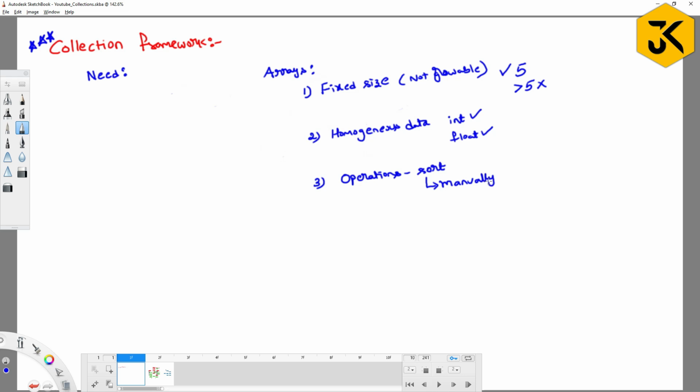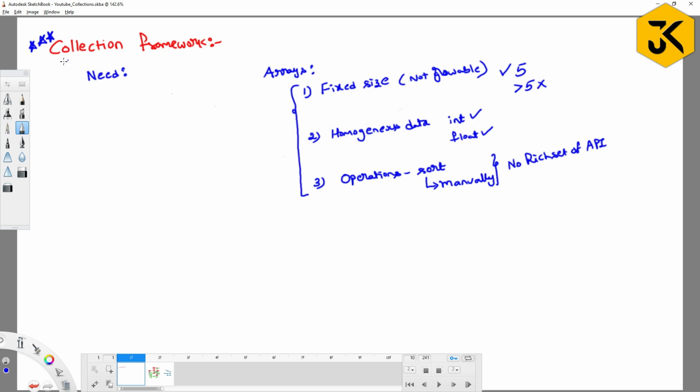As you write the logic manually, it will be a burden on the developer, right or not? Yes. So I can say that there is no rich set of API in arrays. Okay, so these are the 3 drawbacks that we can observe in arrays.